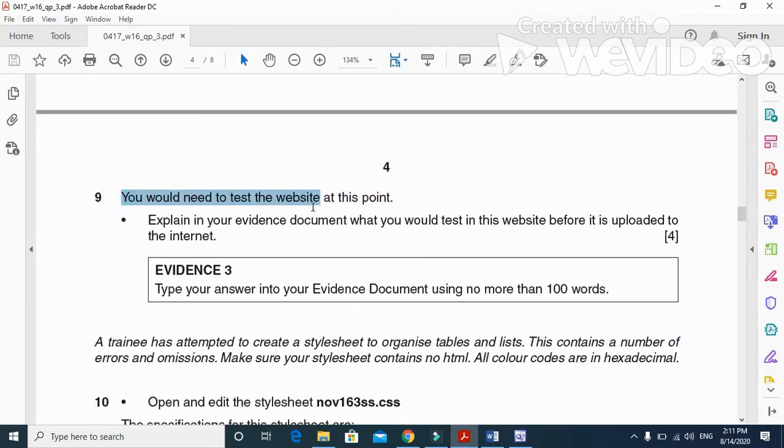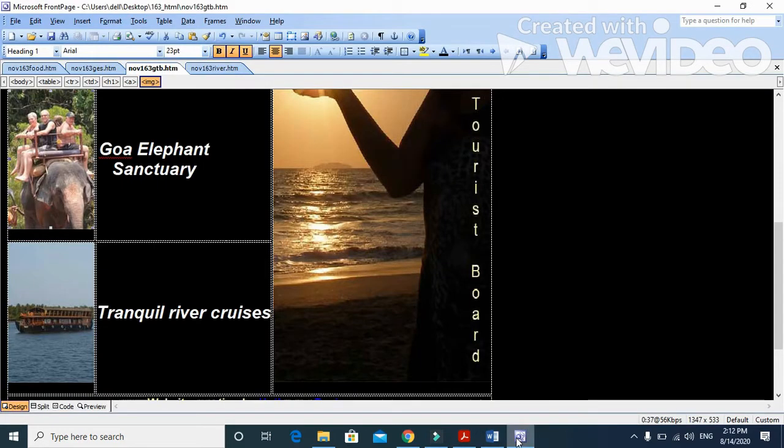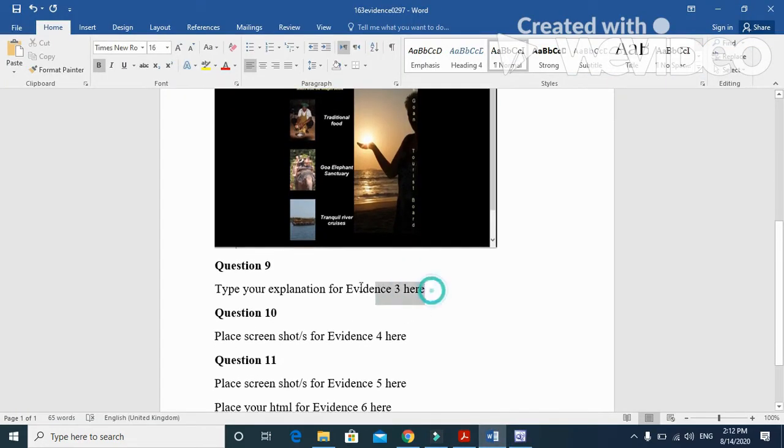You would need to test the web page at this point. So explain in your evidence document what you would test in this web page before it is uploaded. Definitely we are going to check the hyperlinks, we are going to check the email link if it worked properly or not, and also we are going to check that all the alternate text works for each image or not. So we are going to type our evaluation here. What we are going to check, I'm going to test